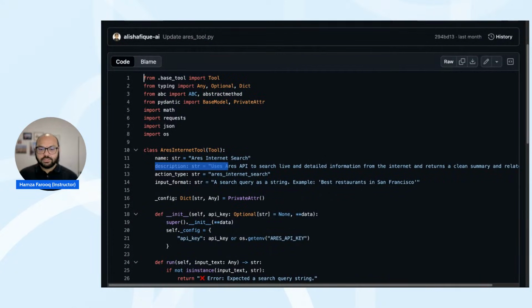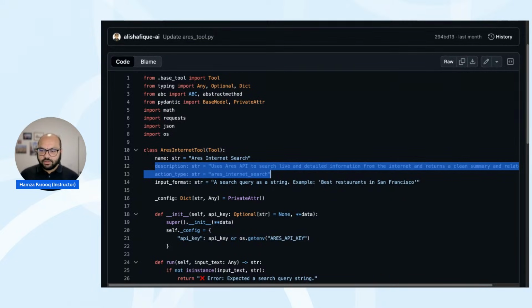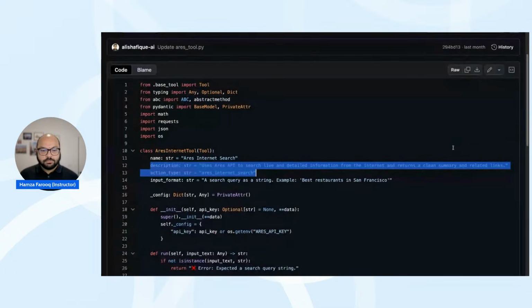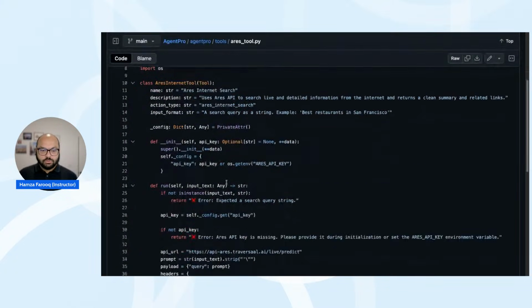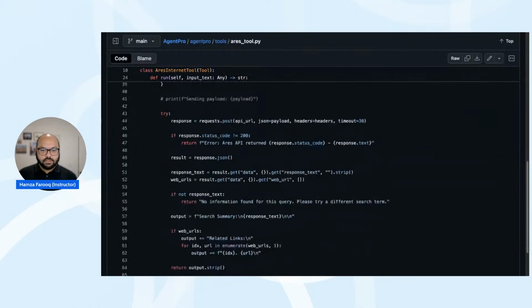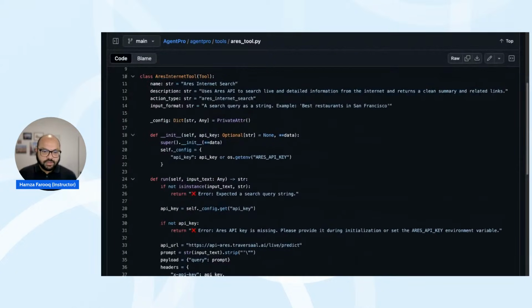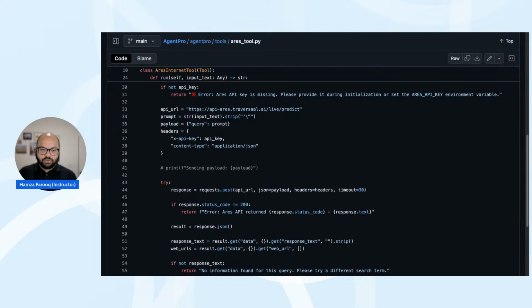So: use Aries API to search live and detailed information from the internet and return a clean summary and related links. So this is how we have defined the tool. This is a tool class that we have defined, and within the tool class, we are defining what it is supposed to do when we load that class.